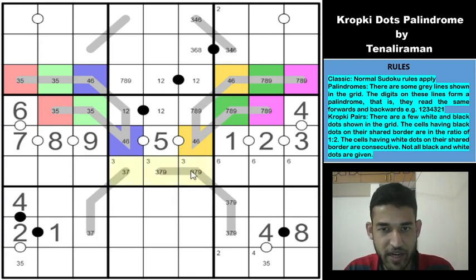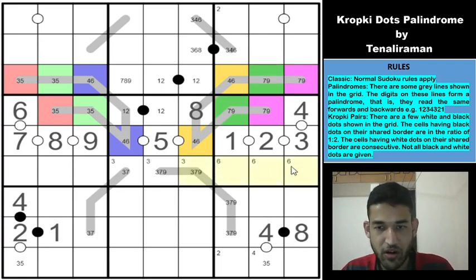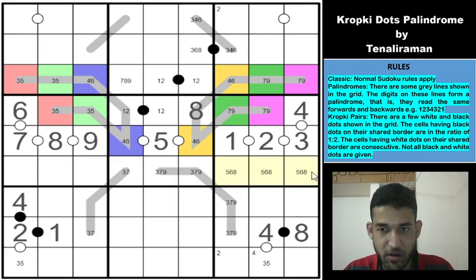So we have a 3 7 9 triplet here now. 8 is eliminated from all these cells, so which means this cell will take an 8, and this will be a 7 9 pair. Correspondingly this will be a 7 9 pair. So let me remove the corner pencil marks now. So these cells must be 5 6 and 8. Classic for box 6, there is an 8 here though, so this is not an 8, which means these cells must be 1 2 and 4, right? But we have a 2 4 here, so this cell will be a 1, and this cell must be 2 4.